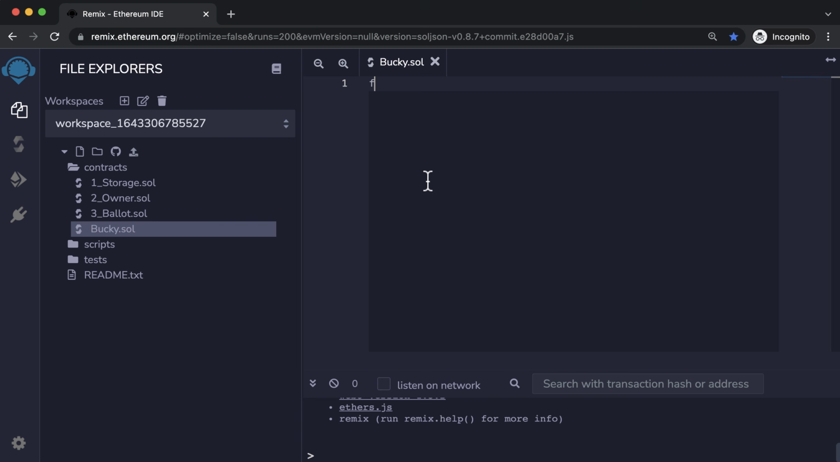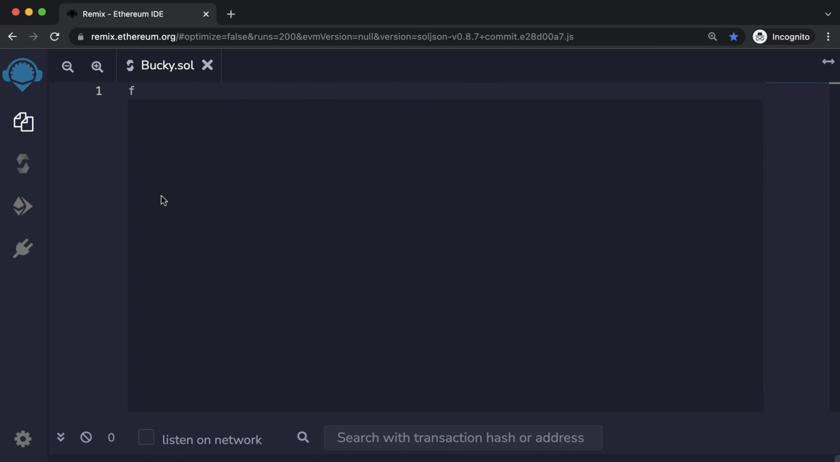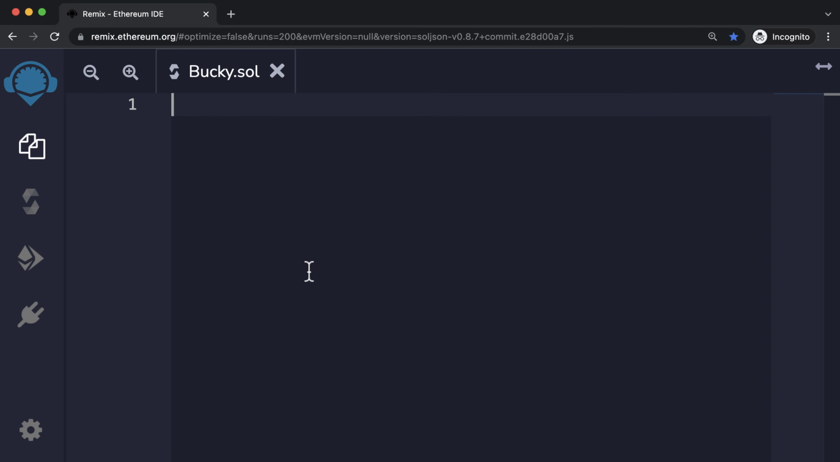All right, let me actually boost this up so you can see. And if you click this button on the left, you can actually just toggle this left menu. All right, so we are finally ready to start writing our first smart contract. Where do we begin? So the very first line in your smart contract, actually, let me